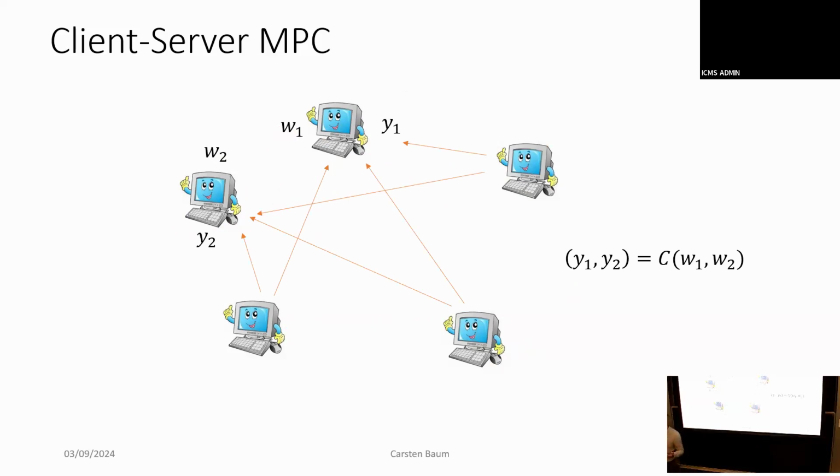But in the process, these three servers never got any information about the inputs that the two clients had, nor did they learn the outputs. Only these two parties did. This is what is called client-server MPC. There are some parties that act as clients. They only feed some information to the servers and get some messages from the servers afterwards. And then there are the parties who are doing the actual computation, and those we call the servers. It's the same way your phone talks to Google and gets a result from Google.